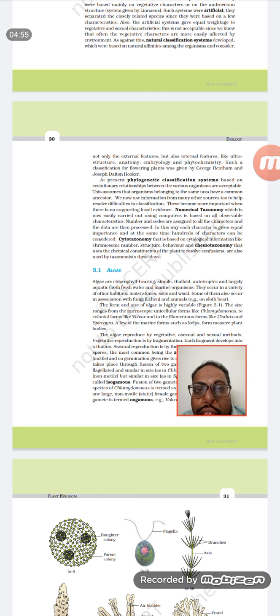Algae also live on moist soil and on wood tops, and sometimes there are symbiotic associations and many other things. And when we look into the cells of these algae,